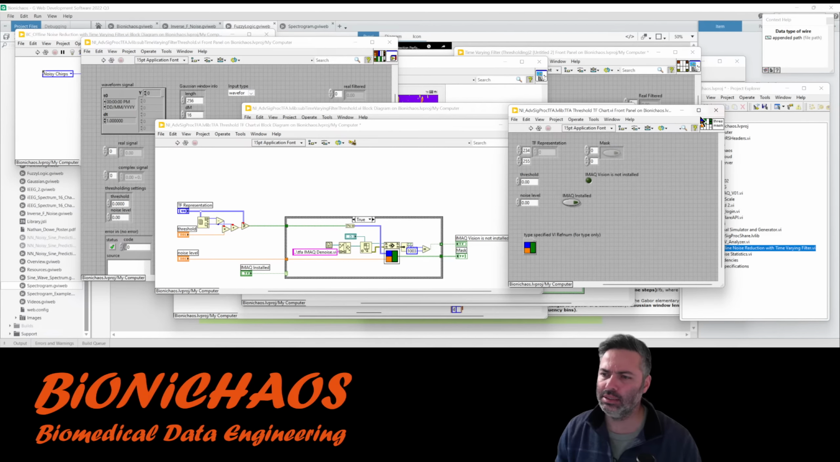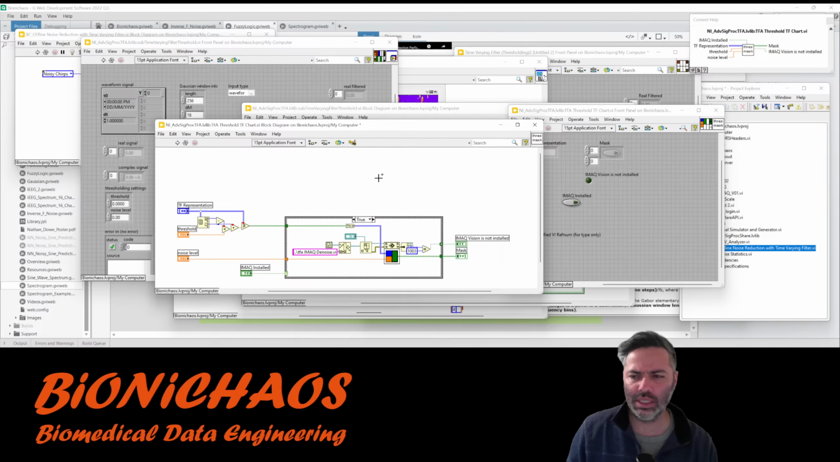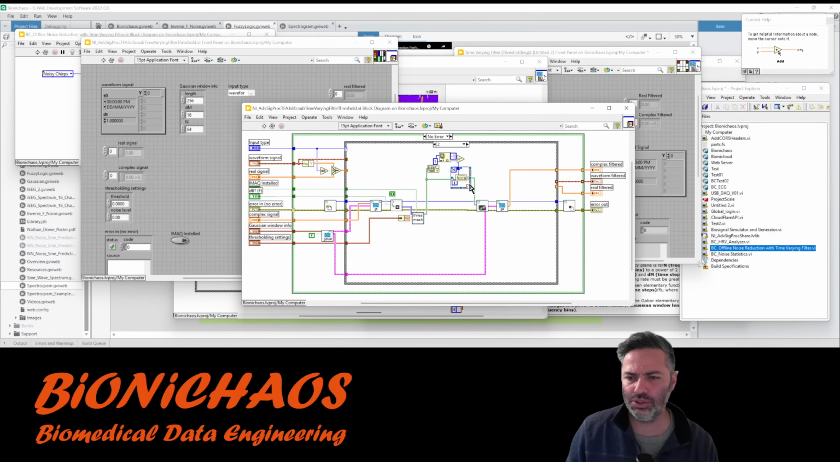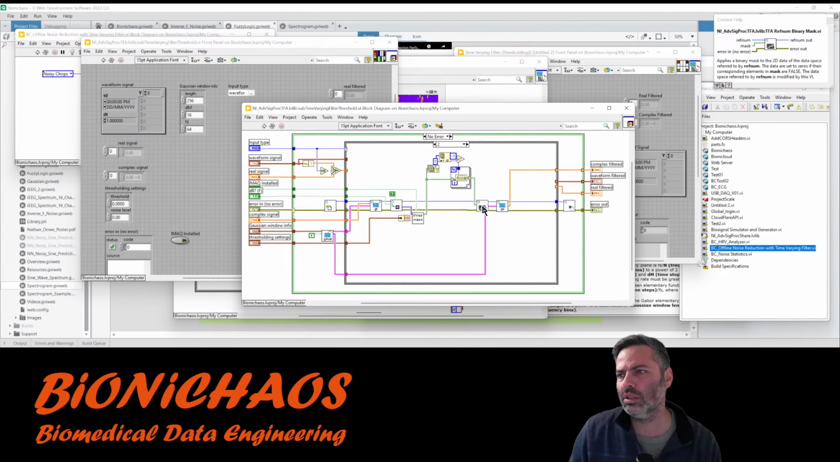And that's the input. So you have essentially the TF representation as input and the mask as output. There's no real help, no description, which is unfortunate, but we can work with it. With a non-binary mask,